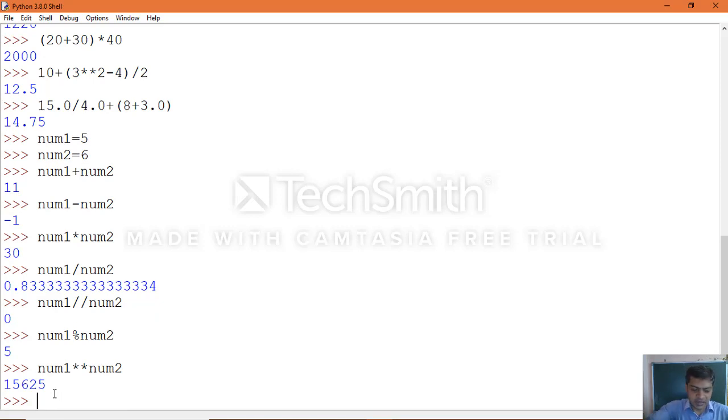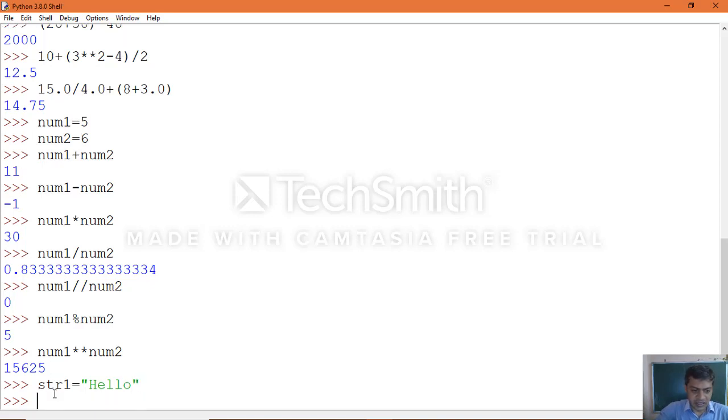In the same way, string values. We saw how we can work with string values: concatenation and string repetition. We initialized both the variables.